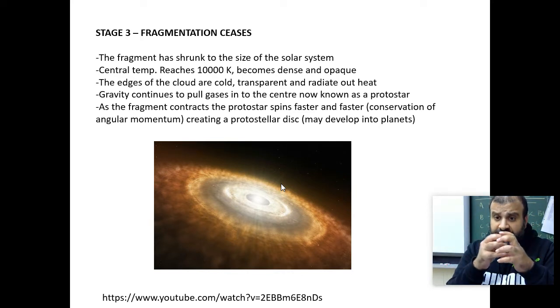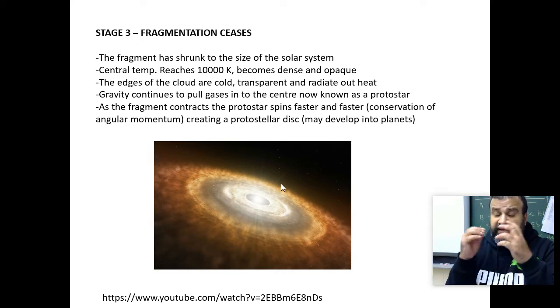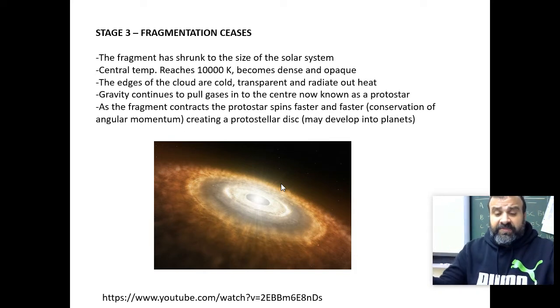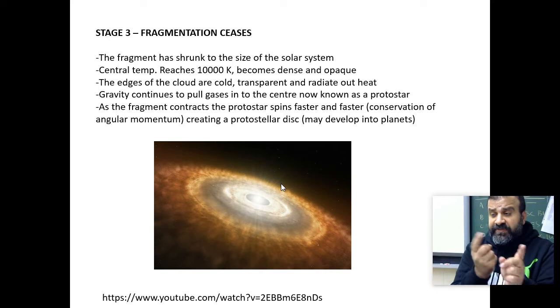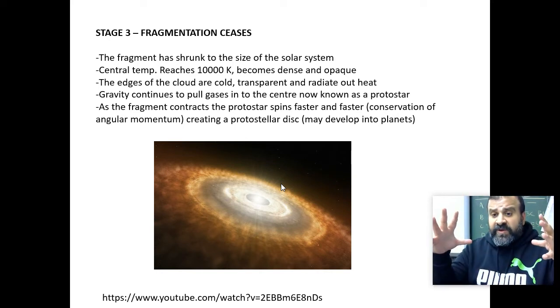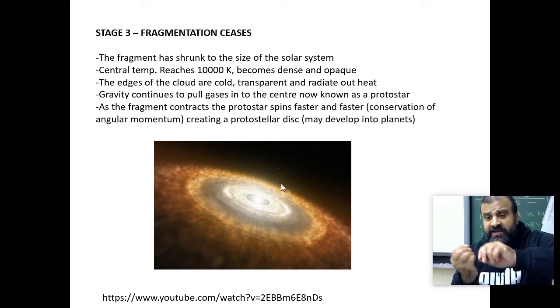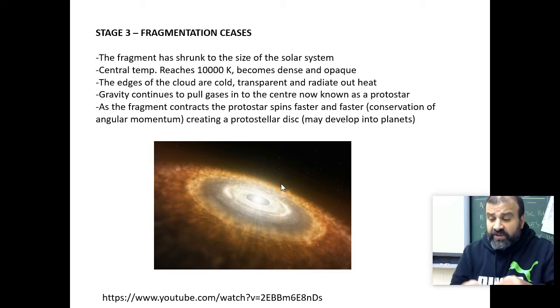And as they collapsed smaller and smaller, just like a figure skater skating on ice, when a figure skater begins to spin and they pull their arms in, they start spinning faster and faster. So as this large gas cloud is slowly rotating, as it compresses and gets smaller and smaller, it spins faster and faster.